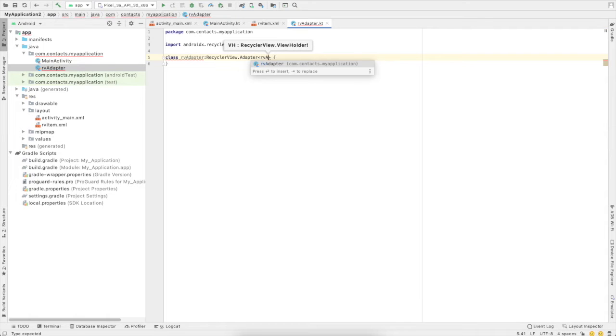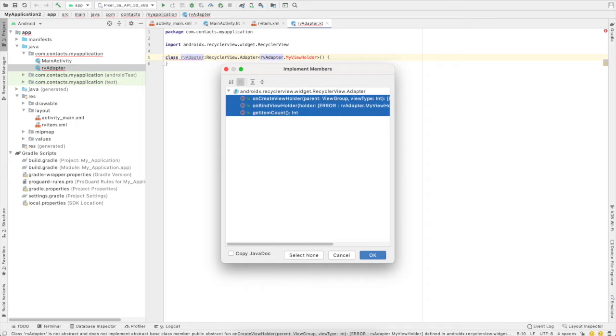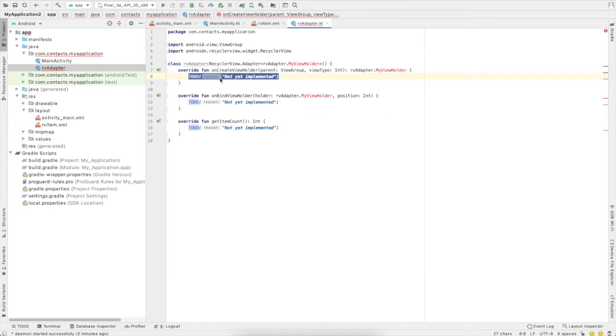So let's say rv adapter dot my view holder, comma separated. Okay, so now it will show a red error over here. Just press the option return button for the MacBook users, click on implement members, and it will create three methods for you. So just implement them, and this error is gone.